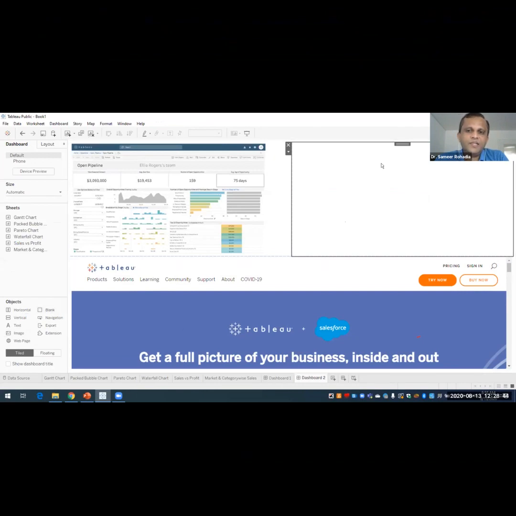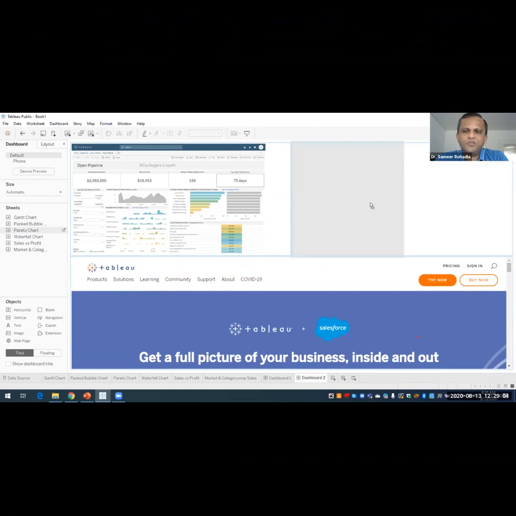Now in this blank container, I can select any of the charts which we have already created. Say for example, I select this Pareto chart. Now currently it is showing me whether I can put it on the left hand side, top, right hand side, or bottom.